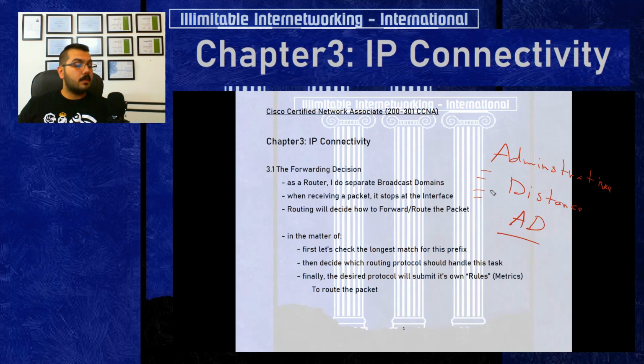The administrative distance is a numeric value that each routing protocol has,